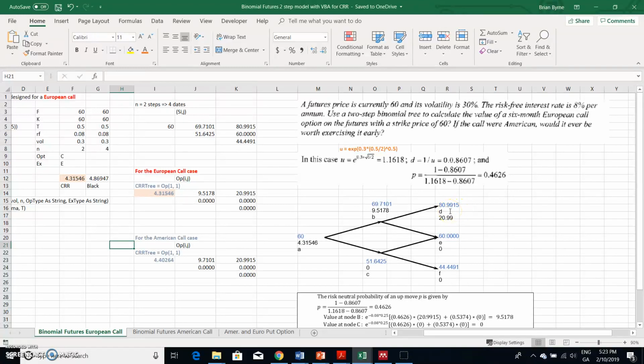Okay, so how do we value the option then? We've set out the futures price tree and we want to obtain the value of a call option. If it were a European, 6-month European option, we want that value, and we also want the value of the American call. So with the futures prices set out in blue, once those futures prices